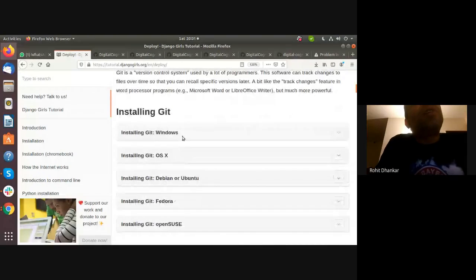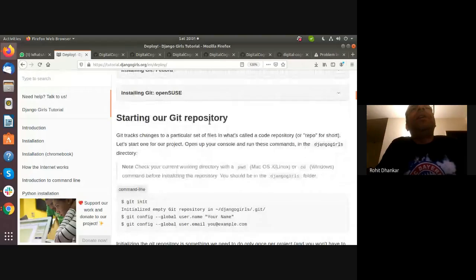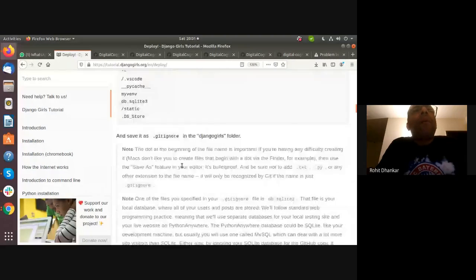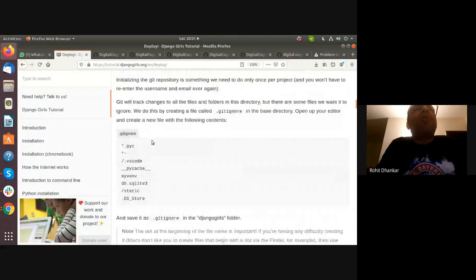So, okay, this is our Git and all this stuff. This we have already done. Over here, the git ignore and all is important. I have not done that. I need to create a git ignore and I need to do all of this. This I have not done till now.